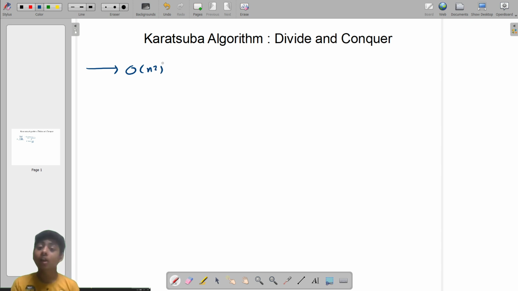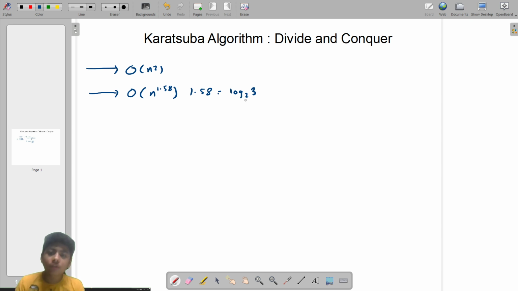So we have one idea that one algorithm which we know for multiplication takes O of n squared time. Can we do better? Yes, here comes in our Karatsuba algorithm. Its time complexity is pretty interesting. O of n power 1.58. Now, you will wonder why such a random number 1.58. The reason behind 1.58 is that 1.58 is equivalent to log base 2 of 3. Now, if we consider the log of 3 in base 2, it is equivalent to 1.5.